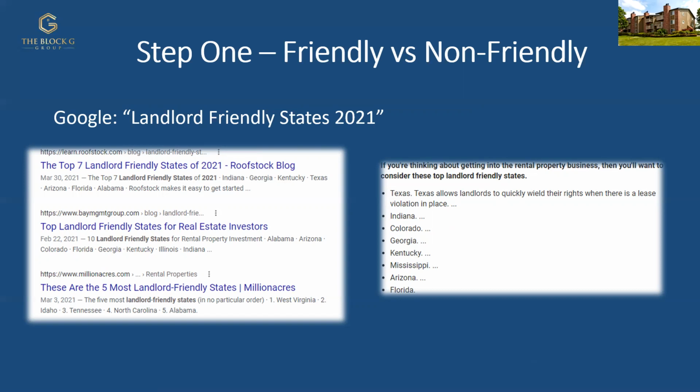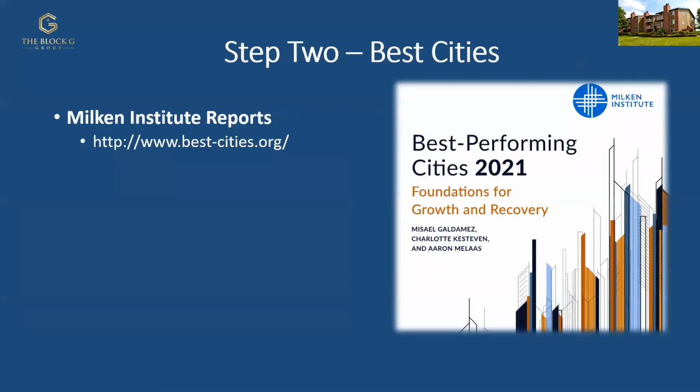So now I've got my list, right? Let's say I'm going to go into 5 different states. The next step in this process would be, okay, how do I validate this? How do I validate that Indiana and Georgia and Kentucky are good states? Well, 2 different ways. One, the Milken report at